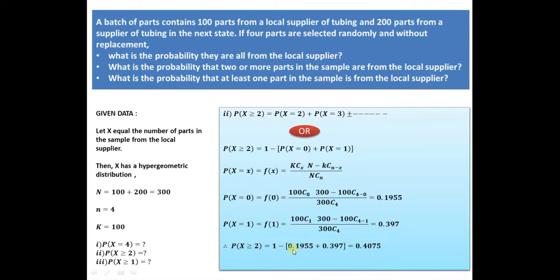Now from 1, if we subtract these two values, then you will get the probability of x greater than or equal to 2, and that required value is 0.4075. So that is our next answer. Similarly,